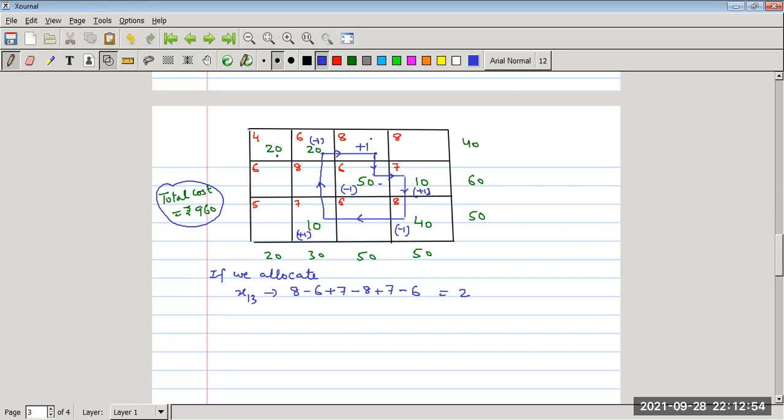So we will not prefer this station, this allocation, non-allocated point. We will not allocate any single item in this point, because if we allocate here, then our per unit cost, the cost of each item, is increased by 2. So I can write cost increased by 2 per unit, right? It is per unit cost. So I can write per unit cost increased by 2. Now we have to check the other possibility.